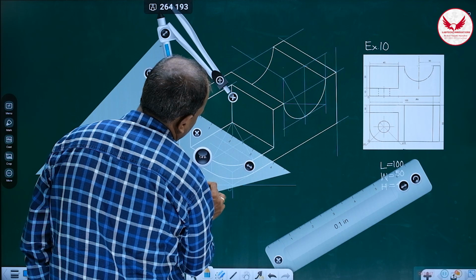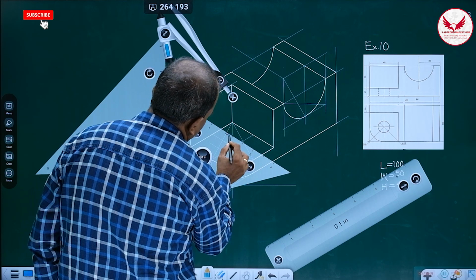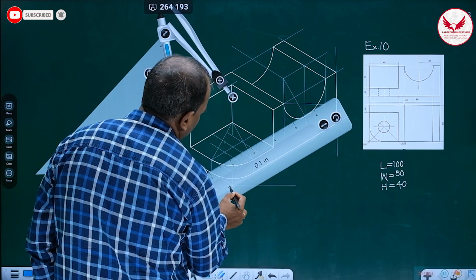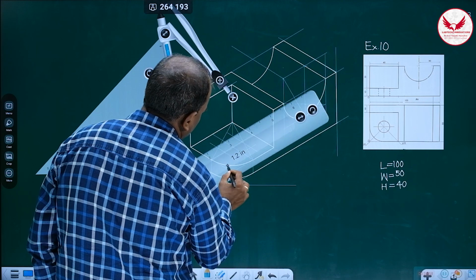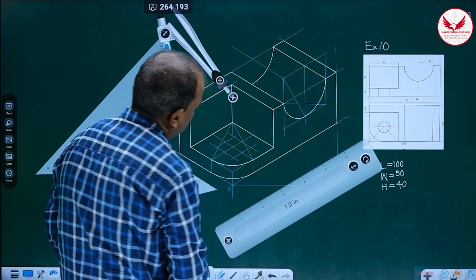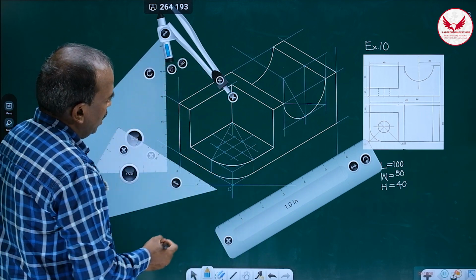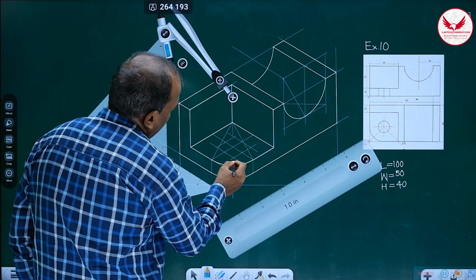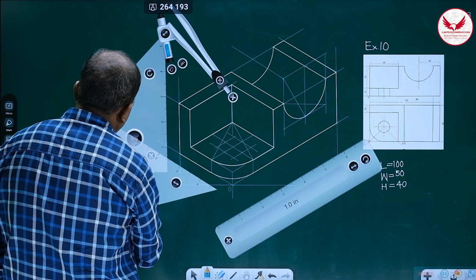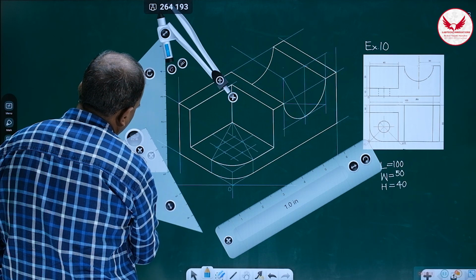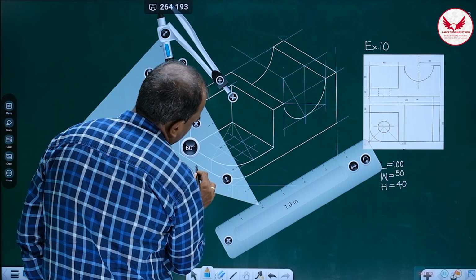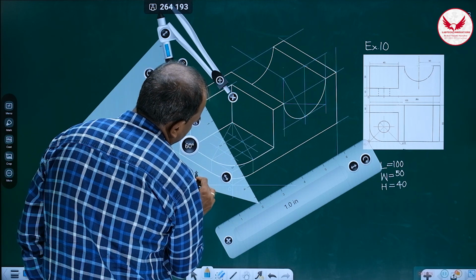It is the top view, means length and width. Now which two lines are going to be used? Parallel to width and parallel to length. Again we get the rhombus. So once we get the rhombus, these are the two centers. And after that, from these two centers, we have to join the midpoints of opposite sides. How can we join the midpoints of opposite sides? Like this. From this center, the midpoint of the opposite side